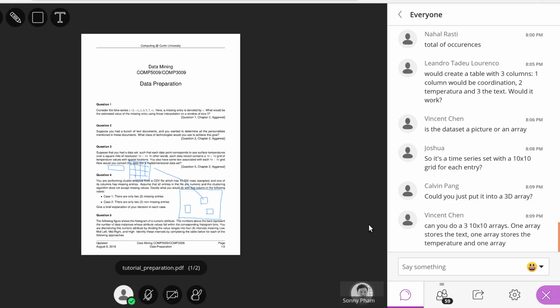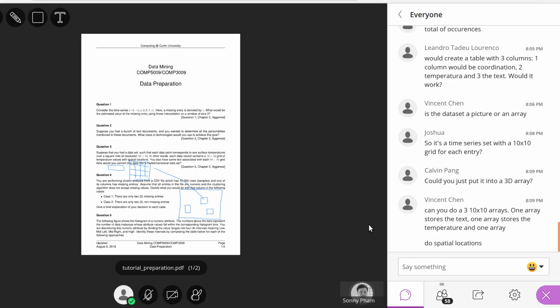Yeah, you can have 3D arrays. Yeah, that might do. But in data mining, right? So in the data mining, what we are actually defining here is basically